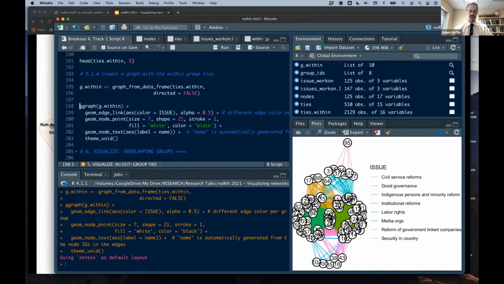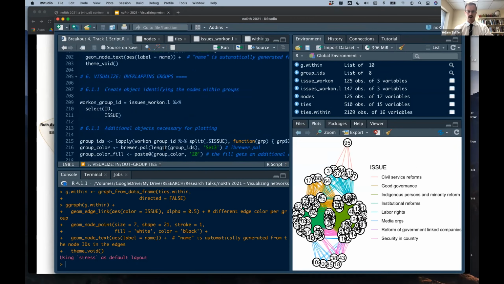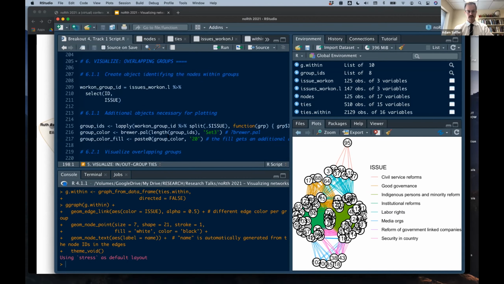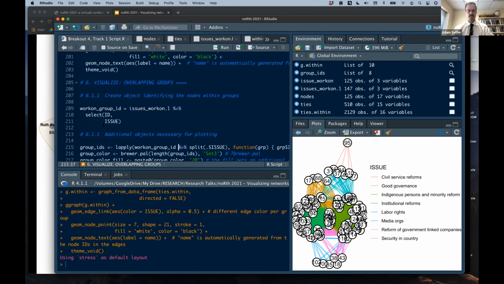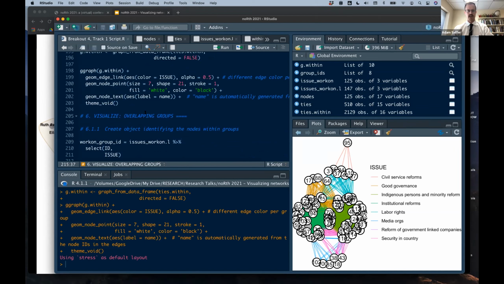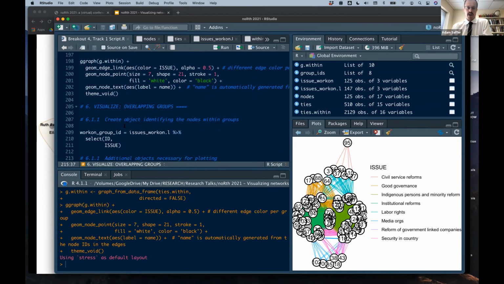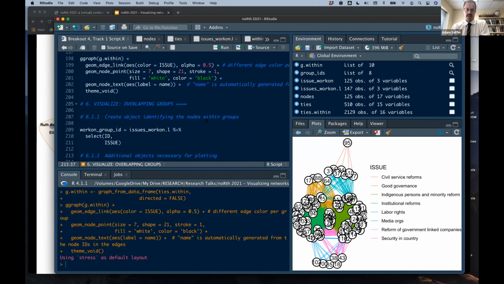But for the focus of what we're going to do for our time that we have left, we're going to go back and look specifically at the overlapping groups, right? So we need to create another object here that is looking at the nodes within groups, okay? So what I need to do is create another object that goes back to where I was reshaping from the pivot wide to pivot long,